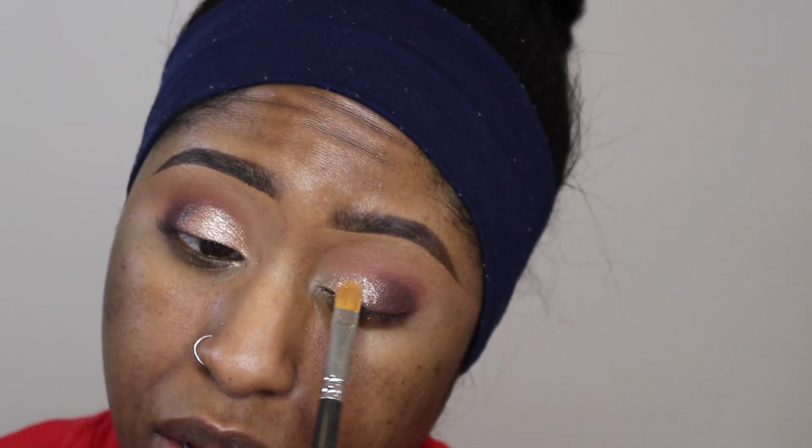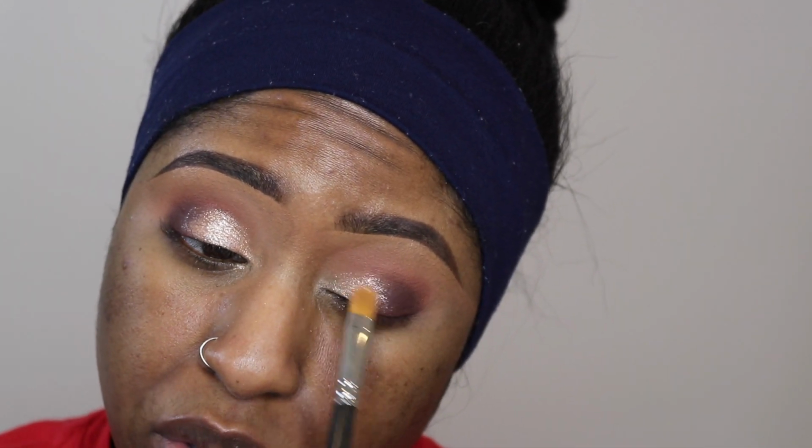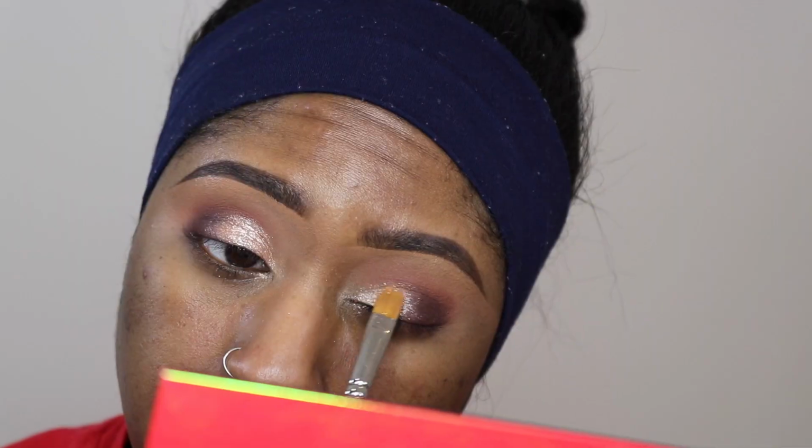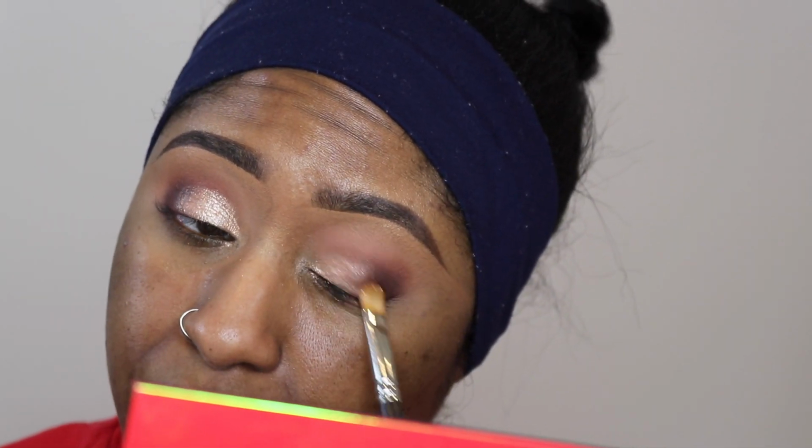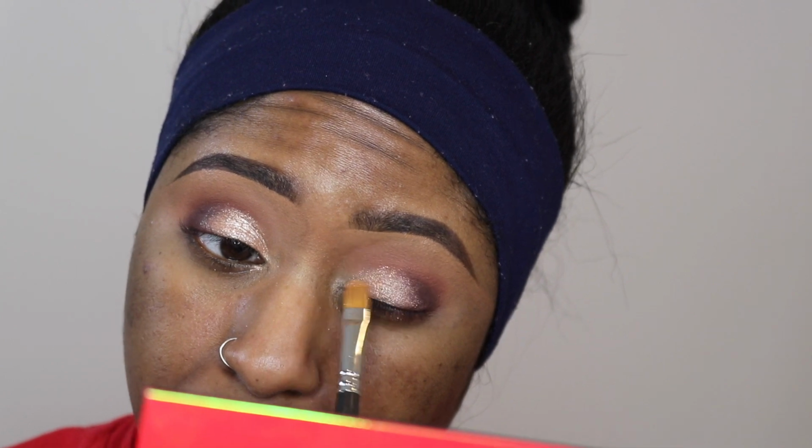Also do this look with a matte shade as well. If you didn't want to do shimmer on the eye, this will look really pretty with like a matte shade on top instead of the shimmer that I'm doing. But I just love shimmer on the lids, like especially for the holidays. I feel like it's such a festive look to do,